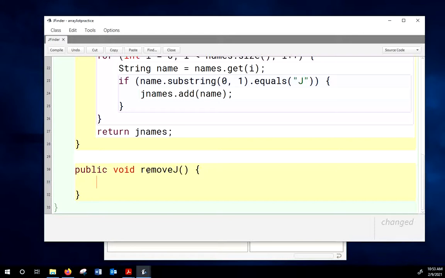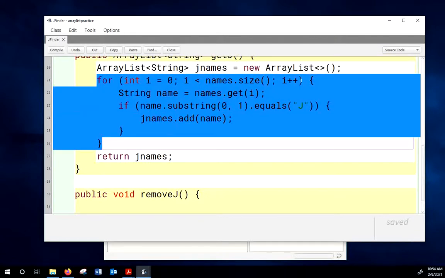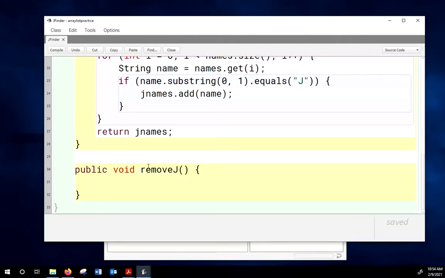Okay, so our plan here is to loop through the list and remove from the list all the names that begin with J. We do not want to use a for each loop. That is an automatic no-no, 0 points on the AP test if you try and remove using that. Absolute no. Do not do it. We could use a for loop as well. We can do this, but we have to manipulate the i, and so I typically don't like to. So when you have to loop through a list and remove certain things,